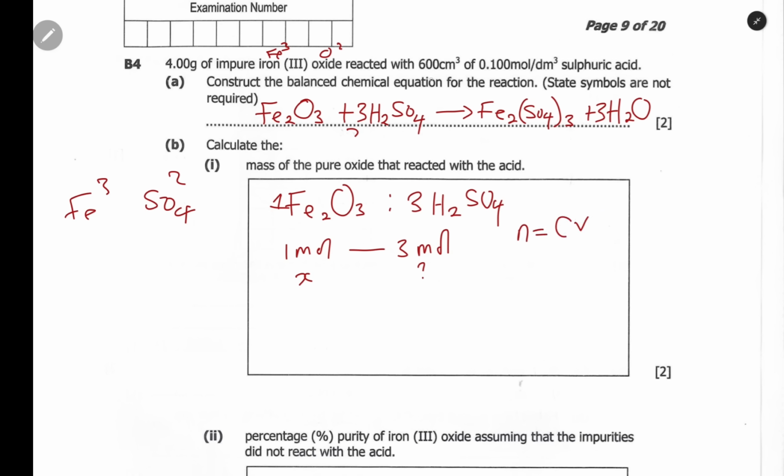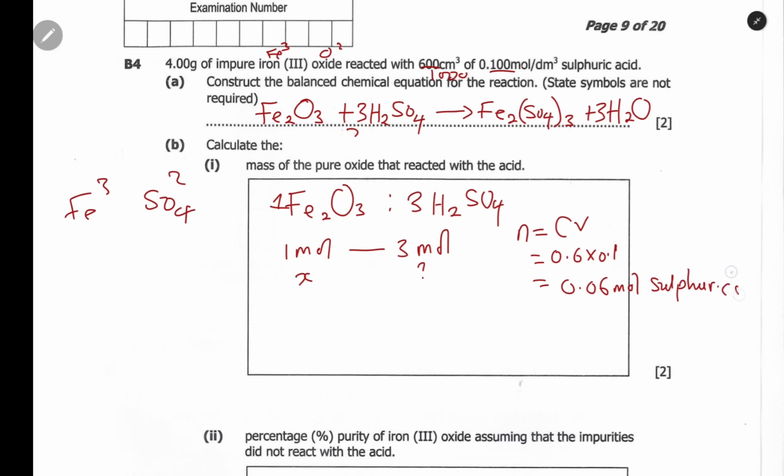What is the volume? We need it in decimeter cubed, so divide by 1000, so it's 0.6 multiplied by the concentration, 0.1. Multiply this, you're going to have 0.06. These are the number of moles of sulfuric